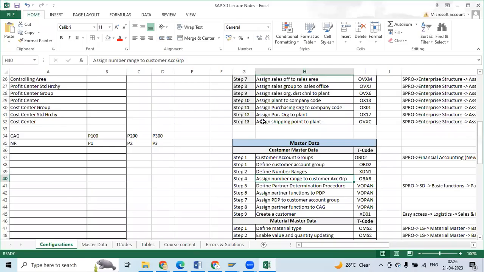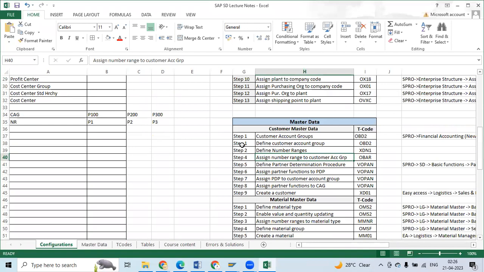Like we have different steps, right? Step one is to define customer account group. Step two is to define number ranges. Step three is to assign number ranges to customer account group. Okay, so the fourth step is to define partner determination procedure. Partner determination procedure means,